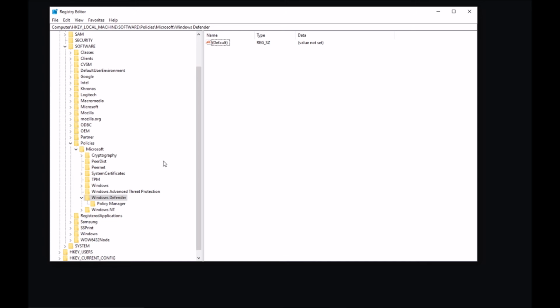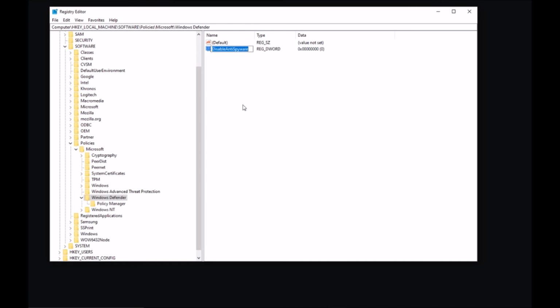On the right side, this is the window for Windows Defender. We are going to click on the right button mouse, select new DWORD 32-bit value, and inside we are going to rename this value disable anti-spyware. Exactly these letters. You don't need necessarily the caps, but just click nearby. You can also rename this guy.